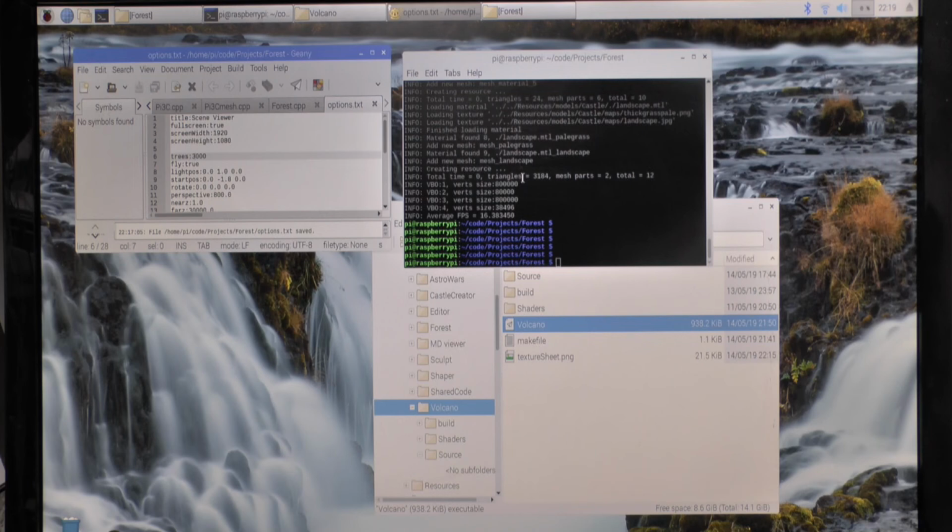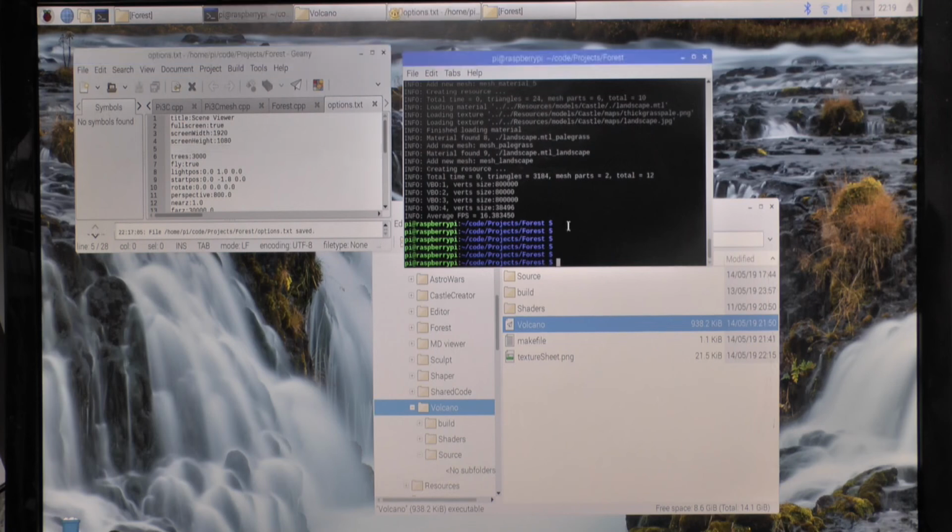in different ways. And I've got two demos here. The first one I want to show you is a quick flight sim, and you'll say, well, how's that going to demonstrate rectangles? I'm just going to quickly show you what it's going to do. Basically, I've got a quick forest scene, and in that forest scene we can fly around. So we've got over here 3,000 trees rendered at full 1920 by 1080, and we're on the Raspberry Pi 3 Plus. So let's just have a quick look at this forest and see how fast that runs